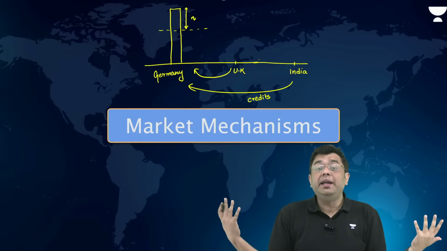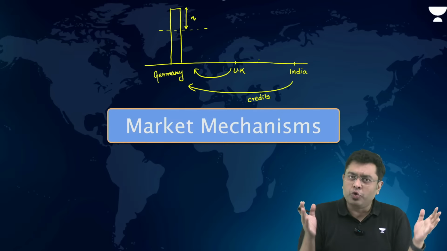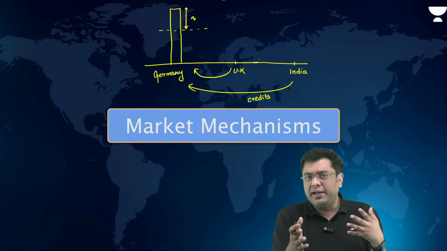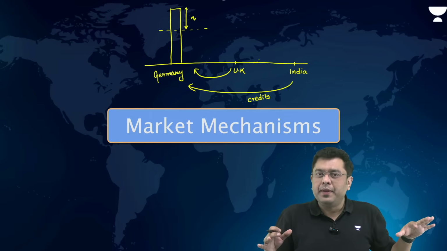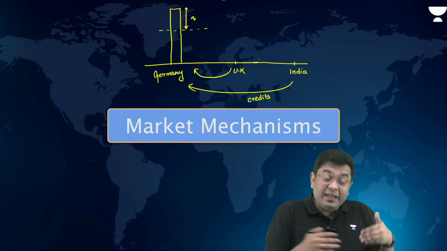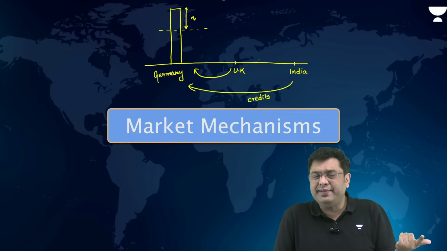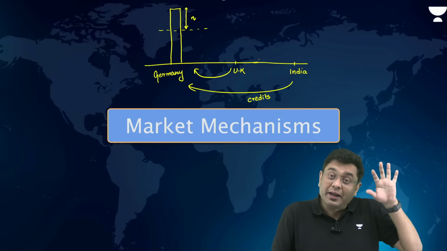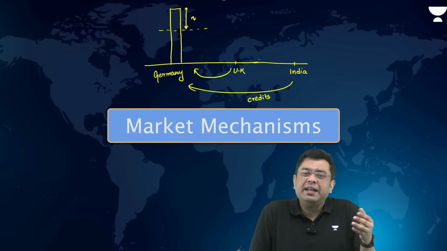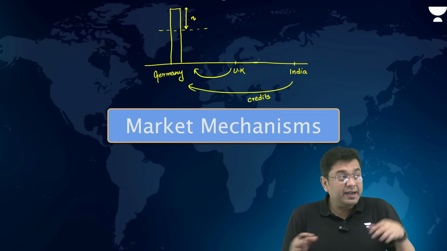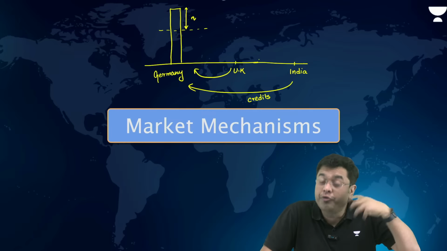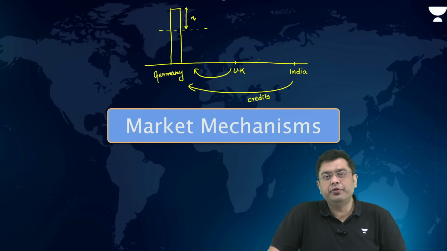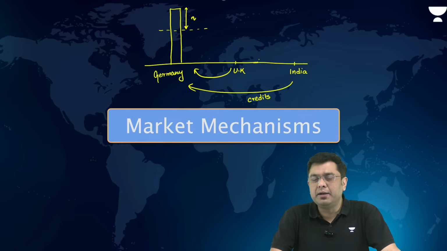For example, India is already looking forward to inclusion of electric vehicles in mobility solutions and so on. So it takes time. But what about this particular year when India, let's suppose, exceeds its target? So the concept behind it is that if I am not able to meet the target, I am reducing the emissions somewhere else on the planet so that overall the planetary emissions don't increase. That is the concept of market mechanism.